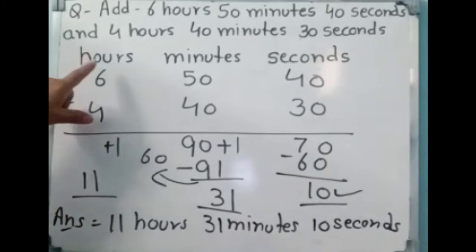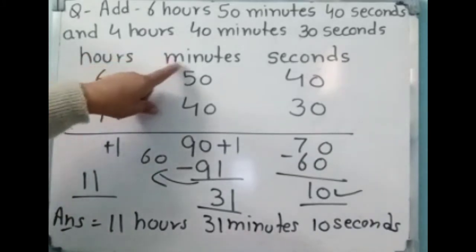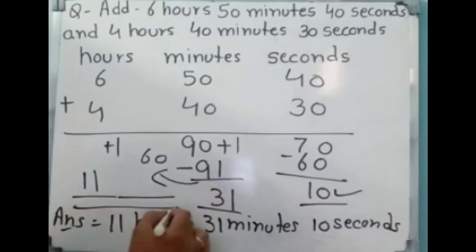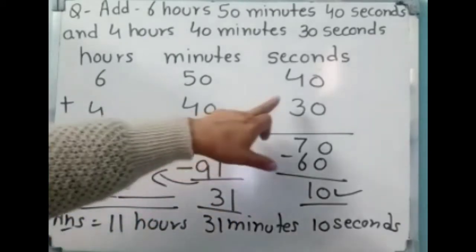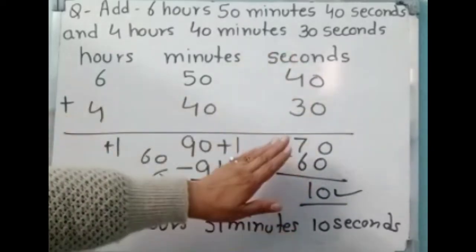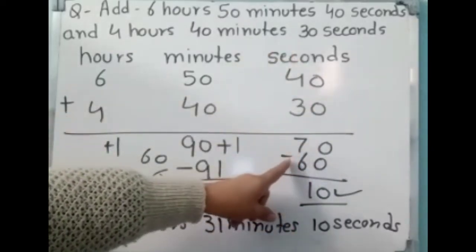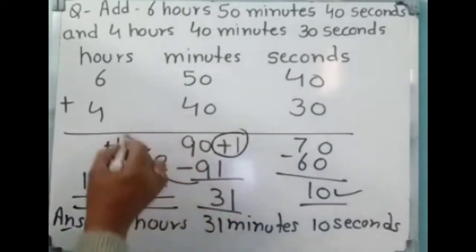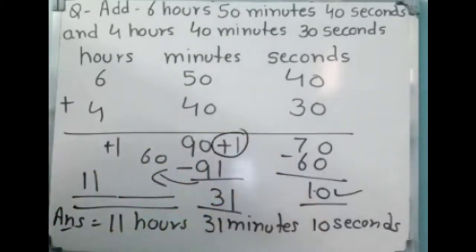You all know that 1 hour has 60 minutes, 1 minute has 60 seconds. So this is your calculation, how you convert it. If it is less than 60, then it's okay, you keep it here as seconds. But if it is more than 60, then you give 60 seconds here and add plus 1, meaning 1 minute. So here we have 10 seconds.